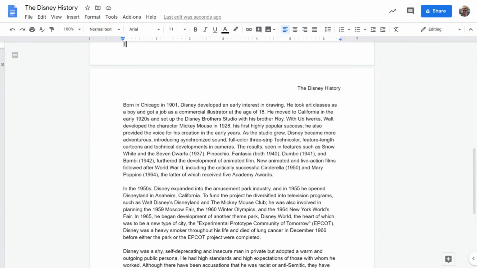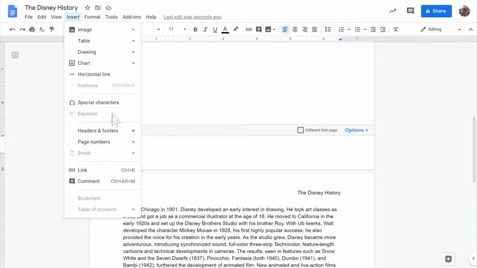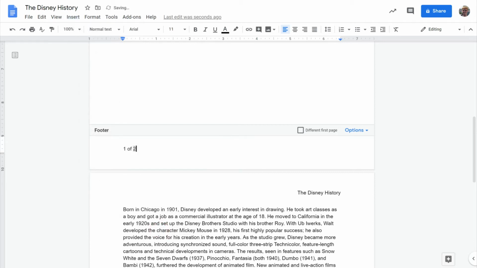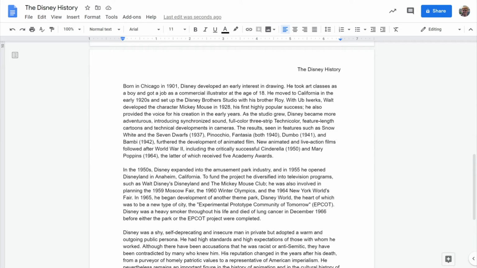If I press a space and type "of," we could make it be like a page 1 of something. We would need to then go back to Insert and include a page count to count up how many pages there are in our document. At the bottom of each page, it will say the current page of the total number of pages. If we hit Escape or click out, we can scroll on down,